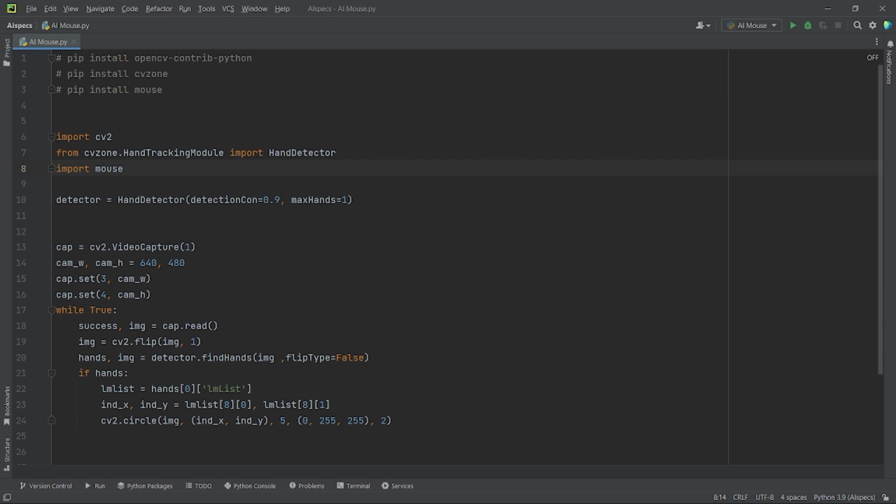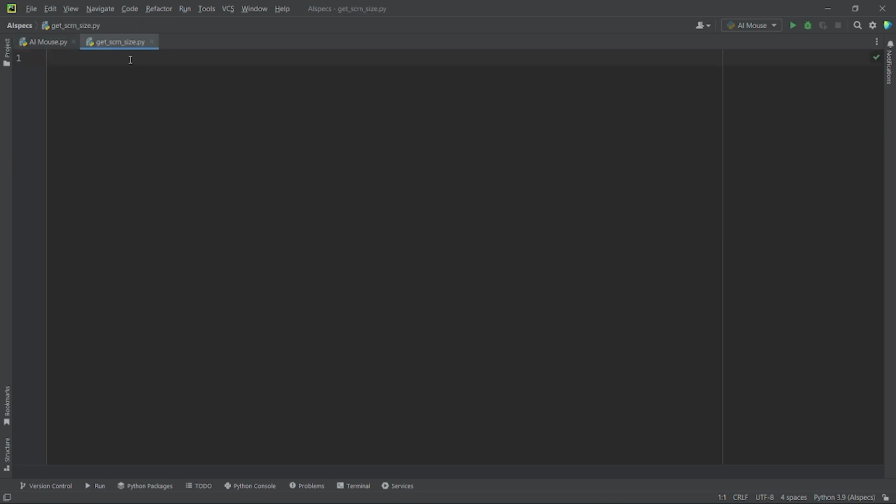Now let's import mouse. Next, I will find the width and height of my screen. There are various ways to find it, but I will recommend you to do it using the method that I'm gonna show you. Let me show it to you by opening a new Python file. At first, we will import the module mouse. Next, I will create a while loop and set it to true, and then print our mouse position using the